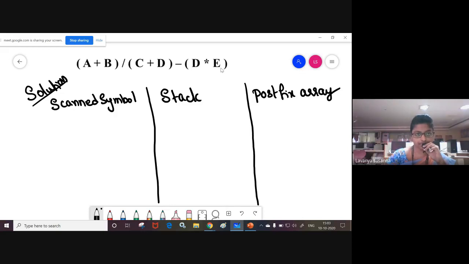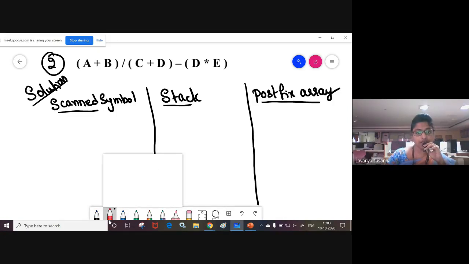See, this is the second example. Listen carefully. While listening, simultaneously note down in your notes. You need to understand it and then note it down. Now first, you need to scan each and every symbol. You need to start from the left side and go towards the right side, as the arrow mark shows. Scan one symbol at a time, one by one.